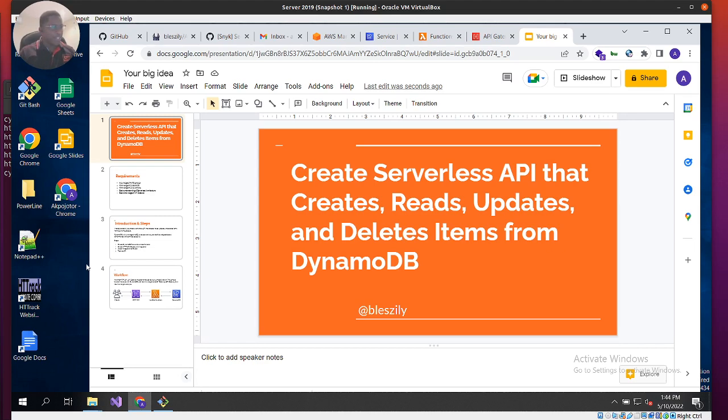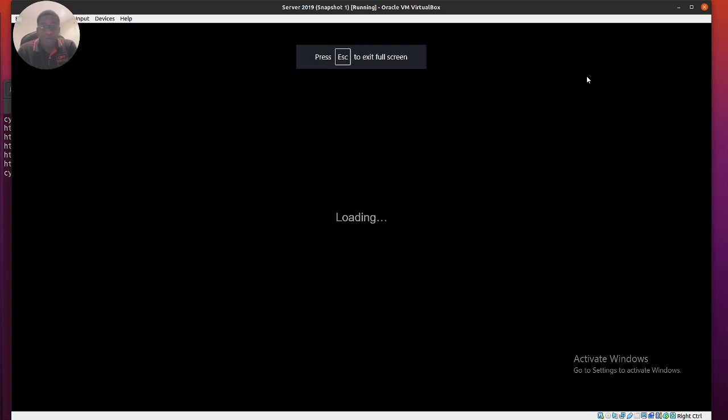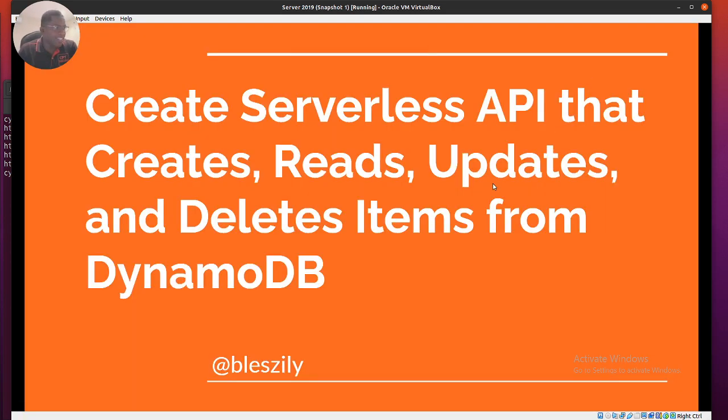So today we'll be doing something a bit deep. Still within the line of cloud security, cloud architecture, and the cloud build. Serverless, by way of a follow-up from what we probably put out in the last recording. And what we're doing today is to create serverless APIs that create, read, update, and delete items from a DynamoDB